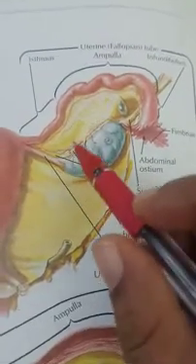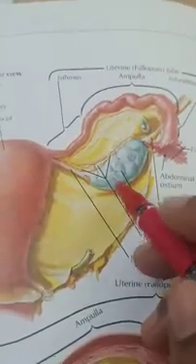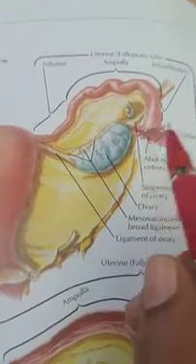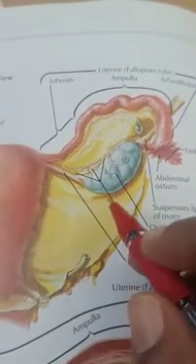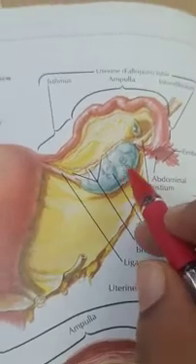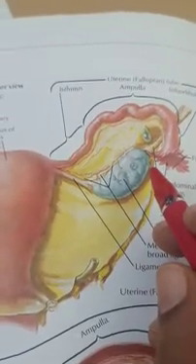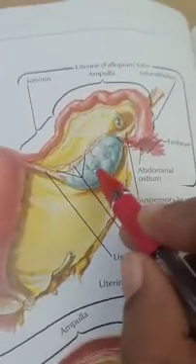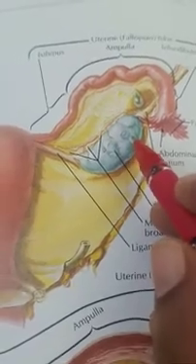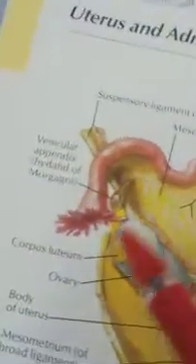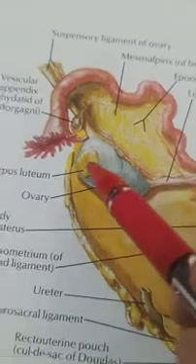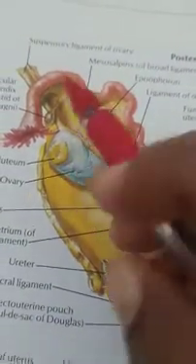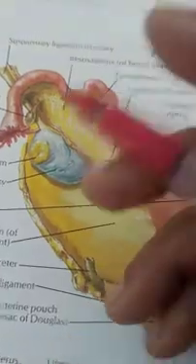In the ovary, before the onset of ovulation and in young girls, the surface of the ovary is smooth. But after the onset of puberty, the surface becomes irregular because of ovulation. Here we can see the surface is irregular because of the corpus luteum and so on, since during ovulation the wall of the ovary will burst out.